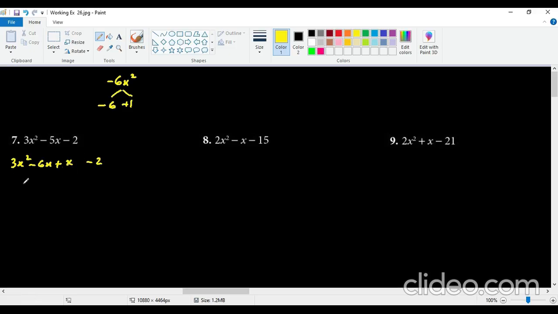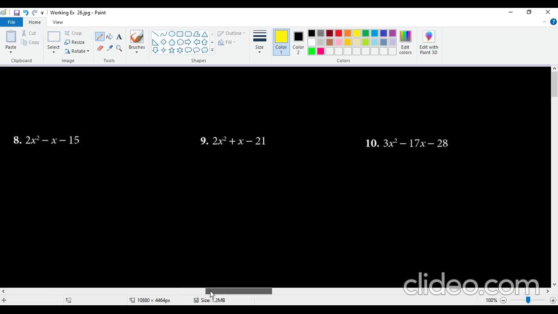So in here, 3x is common, and x minus 2 is going to be the first factor. Copy this down, x minus 2. Look at the third one, only plus 1 is going to be added, and 3x plus 1 and x minus 2 is going to be the final answer for question number 7. Moving on to question number 8, as you can see that it is